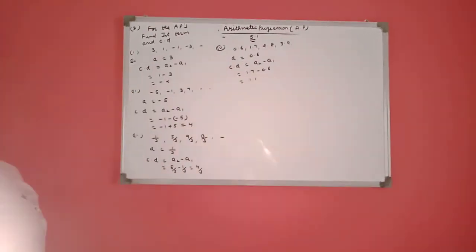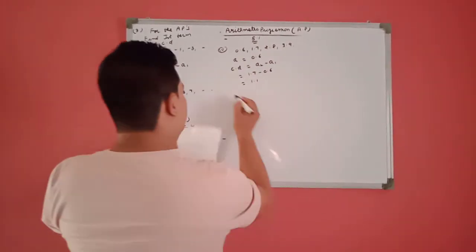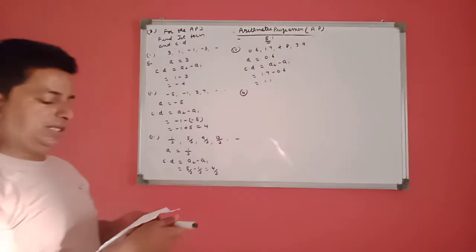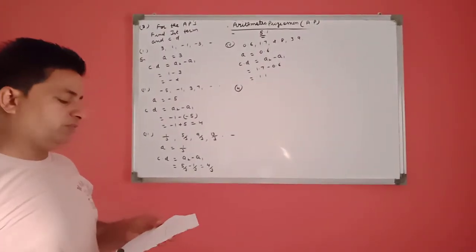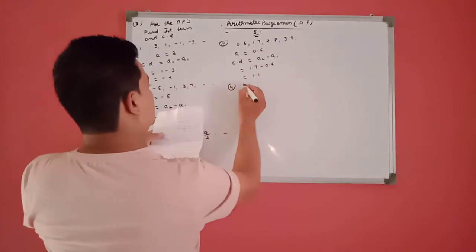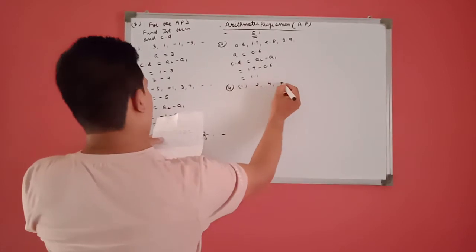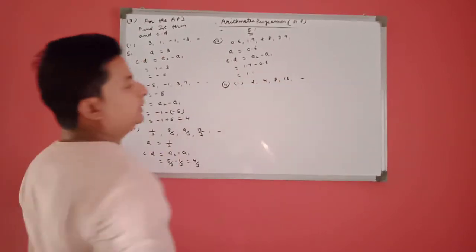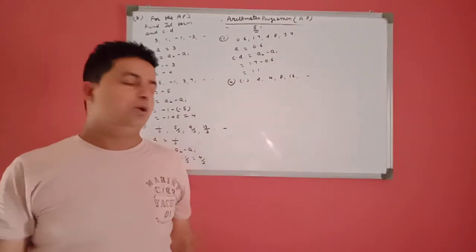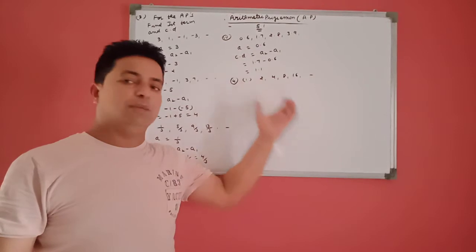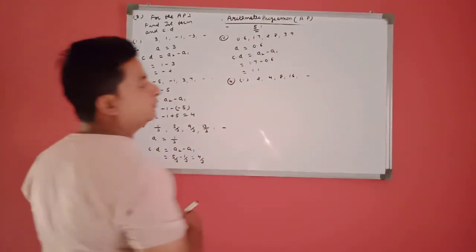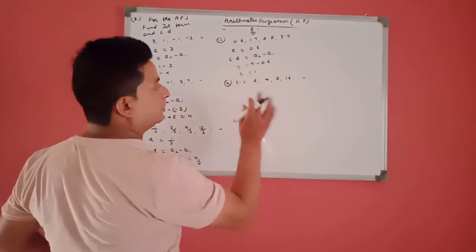This is question number 2. In question number 4, the statement is: which are APs? If they form an AP, find the common difference and write three more terms. Question number 1 is 2, 4, 8, 16. In this question, first we tell whether this series is an AP or not. If it is an AP, then we are required to find the next 3 terms. Otherwise, if it is not an AP, then the question is completed.